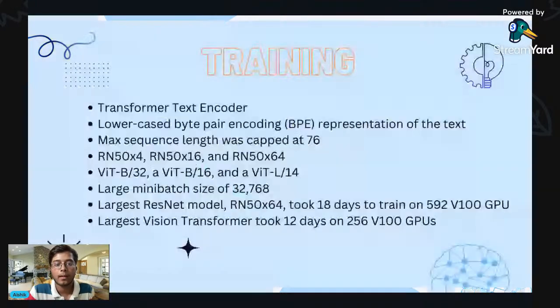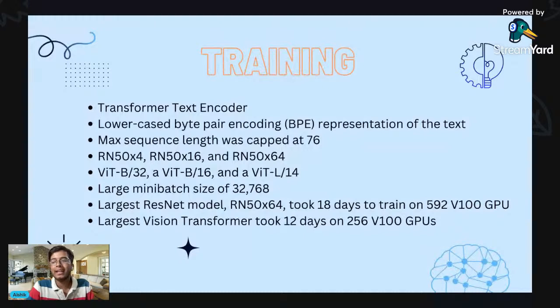So coming to the training part, the text encoder is basically a transformer text encoder. It has a base size of 63 million parameters, and it is a 12-layer, 512 tokens wide model with 8 attention heads. The transformer operates on a lowercase byte pair encoding representation of text with a vocab size of 49,152. For computational efficiency, the max length of the input tokens that are fed into this model is limited to